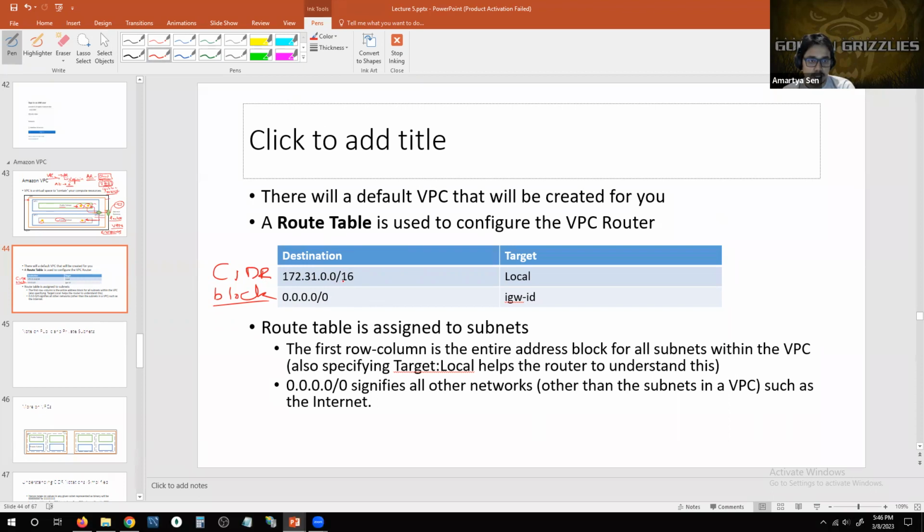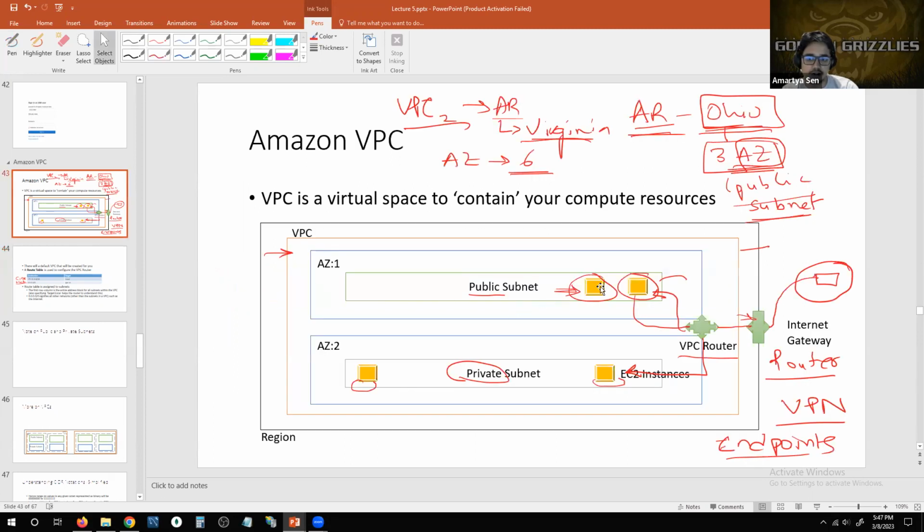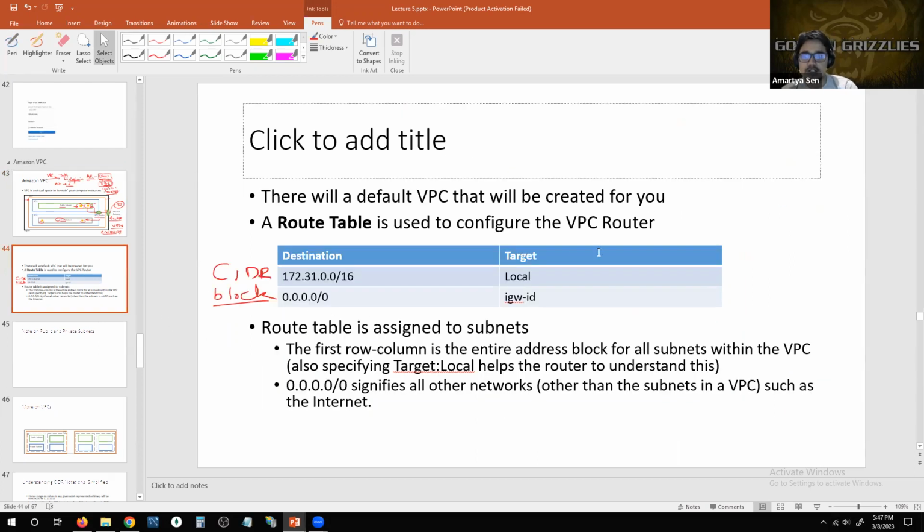So this is a notation to give you an idea of all of the IP addresses that are available at your disposal, which can be used and then assigned to the different EC2 instances that you will eventually create within each of these subnets, okay? However, keep in mind, and we will talk about how to translate these CIDR block notations to basic IP addresses, like the IP addresses that we are familiar with, the four octets that we know. But for the internet gateway, the associated route table IP address is always going to be this